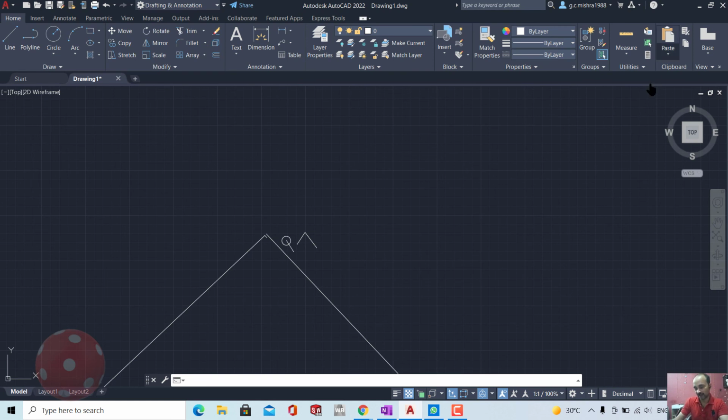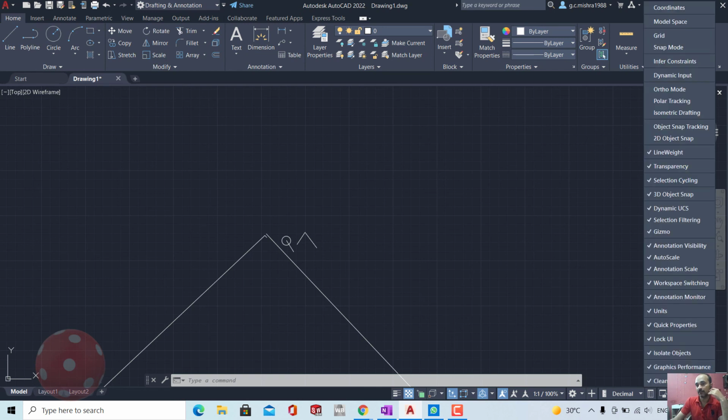Now I will turn on the commands which are needed. Coordinate should be off, model space should be on, grid should be on, snap mode should be off, infer constraint should be off, dynamic input should be on, ortho mode should be on, polar tracking should be on, isometric drafting should be off for now, object snap tracking on.